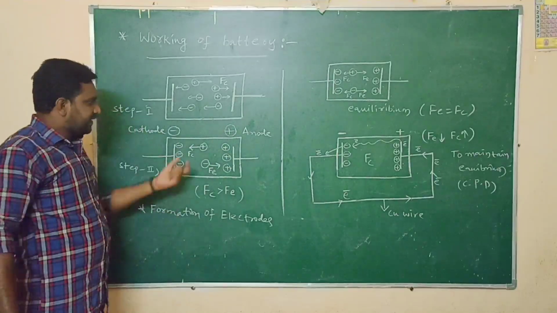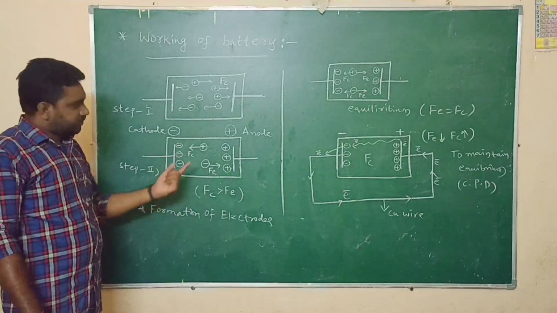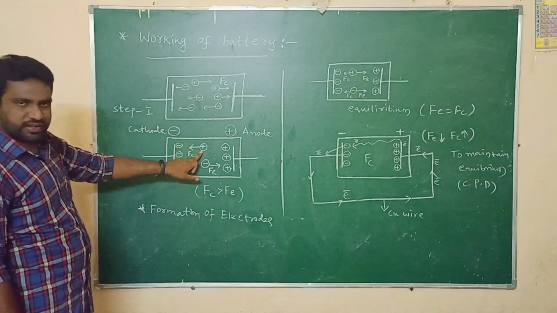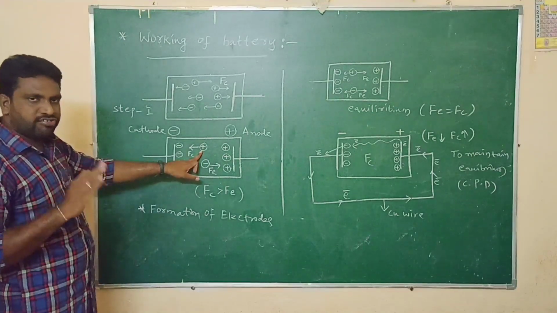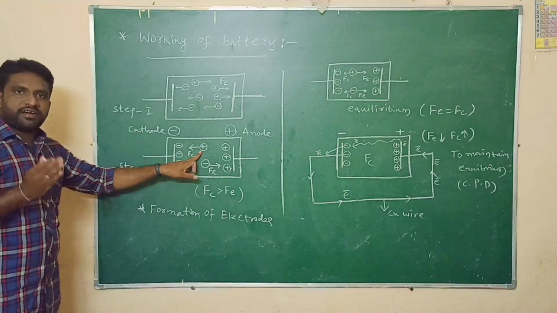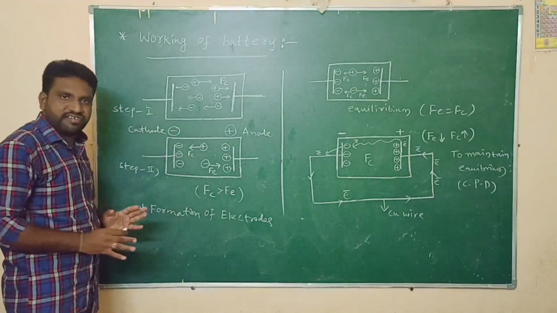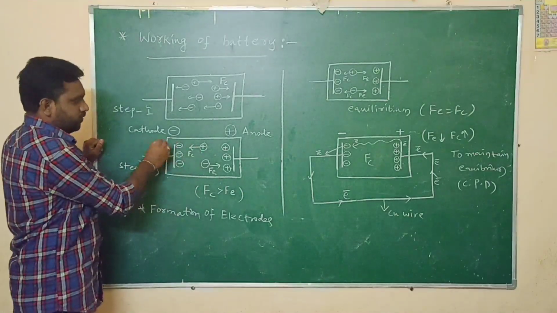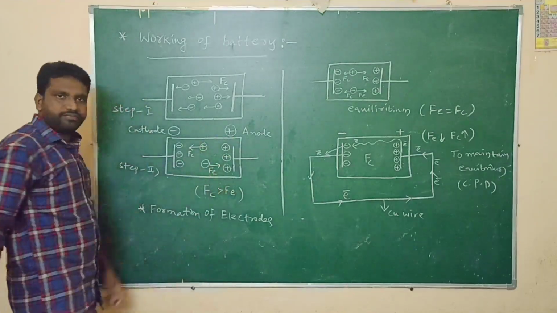Now these remaining ions will move according to their sign. For example, if we consider a positive ion here, in which direction does the positive ion have to move? A positive ion is always attracted by the negative side. So the remaining ions will move in opposite directions. All the positive ions are moving towards the cathode, and at the same time all the remaining negative ions are moving towards the anode.